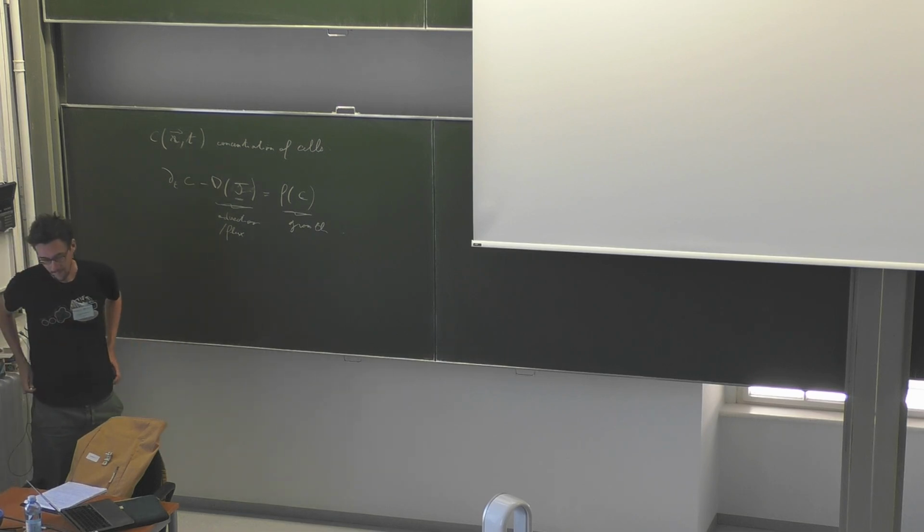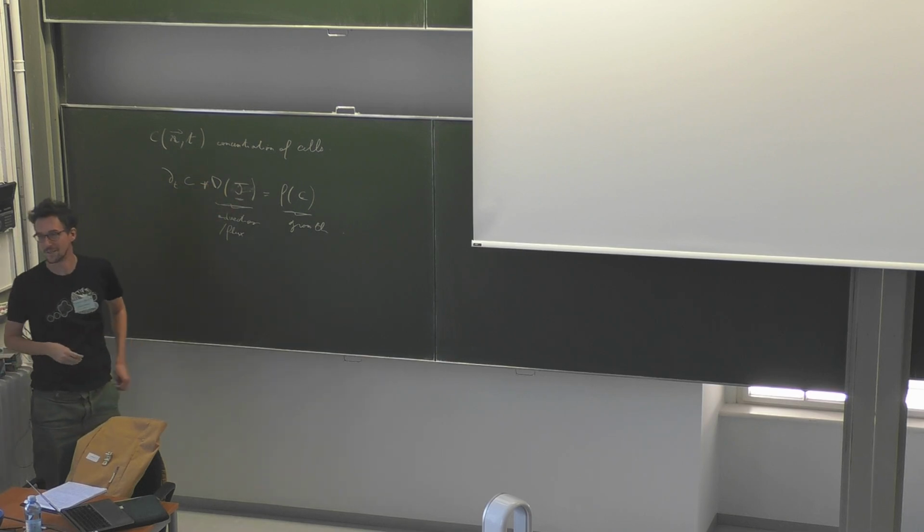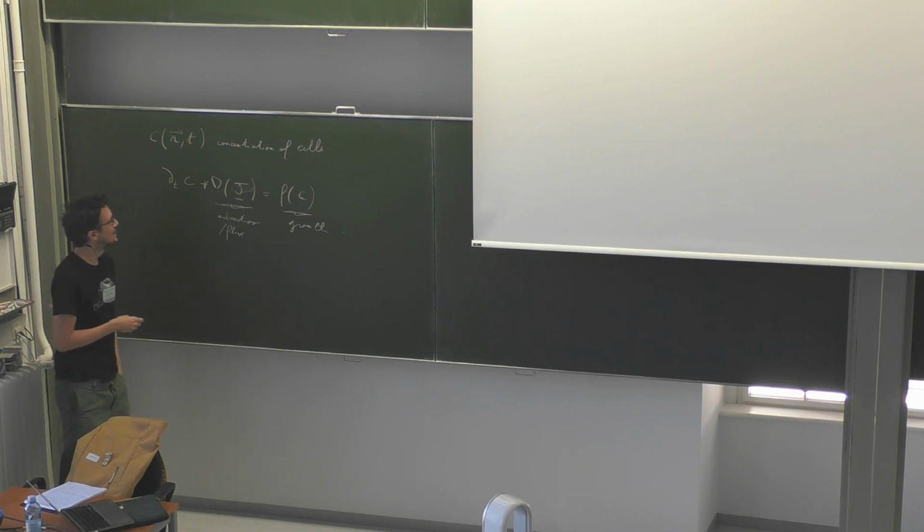Why do you write a minus sign for the flux? Sorry, I had an input, yes. It was minus rho VA, so obviously. Thank you. So